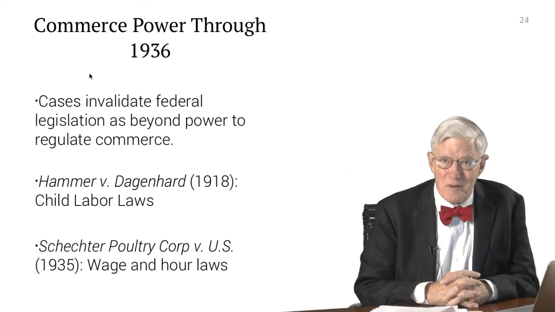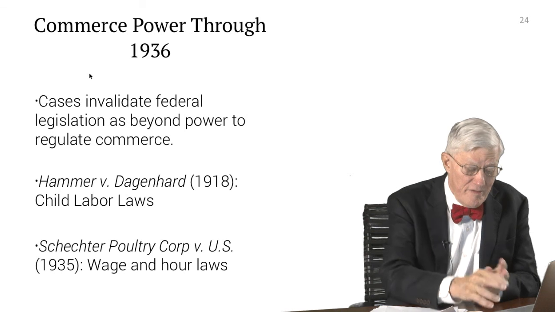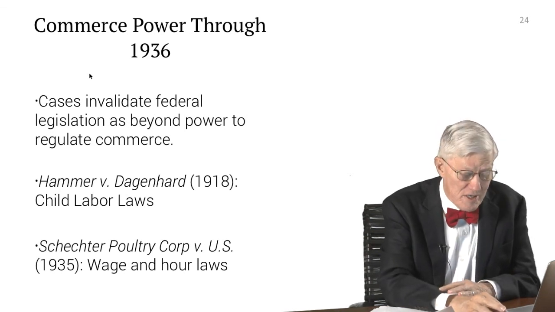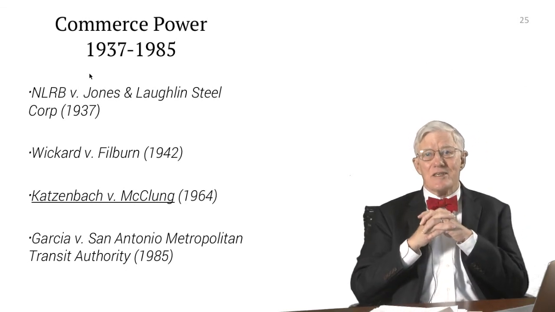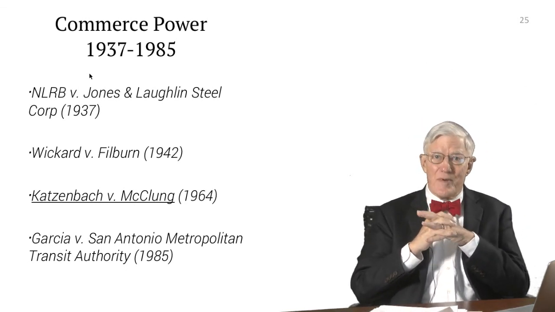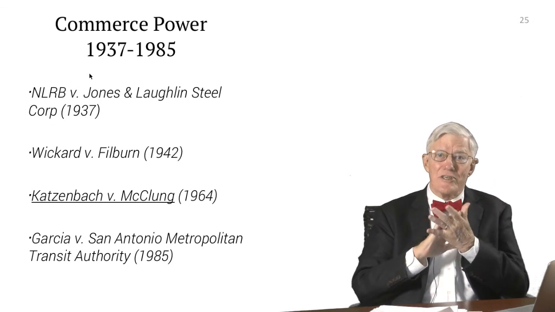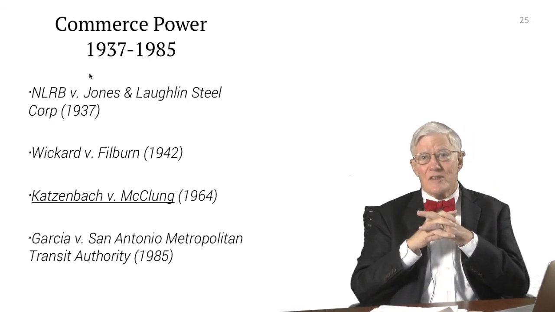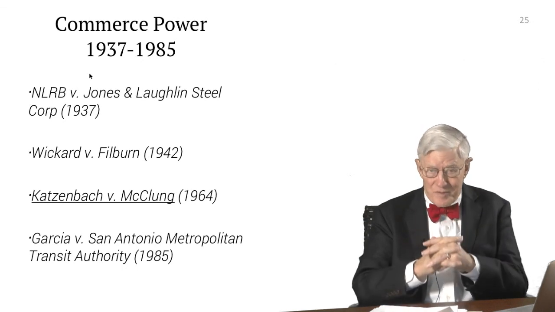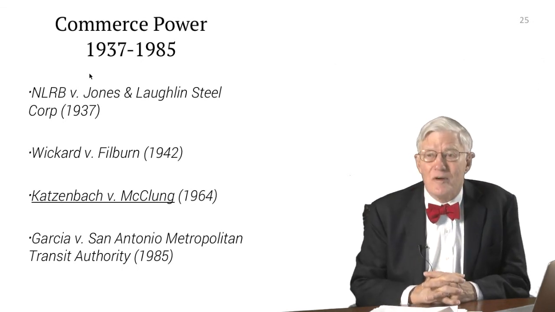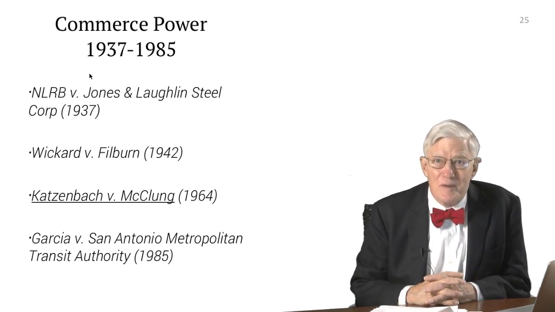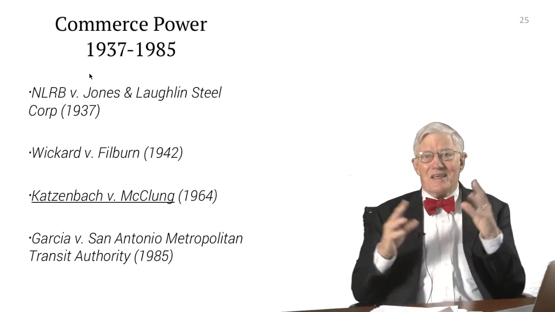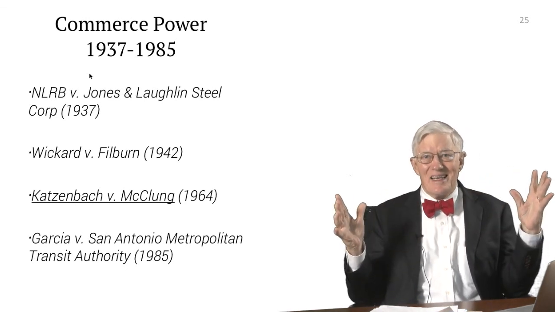The so-called sick chicken case decided in 1935 invalidated wage and hour laws. And then we began to see a shift in the decisions by the United States Supreme Court. Important among these decisions was the Jones and Laughlin Steel Corporation case, which set forth new standards for analysis of the Commerce Clause. Wickard versus Filburn, the 1942 case, is one of the cases that just greatly expanded the Commerce